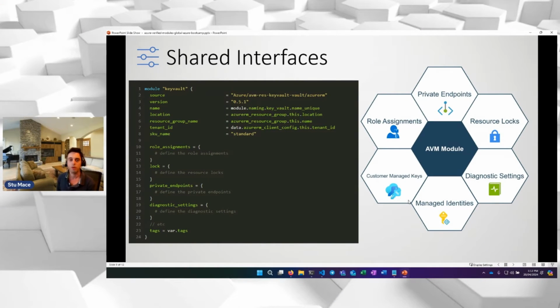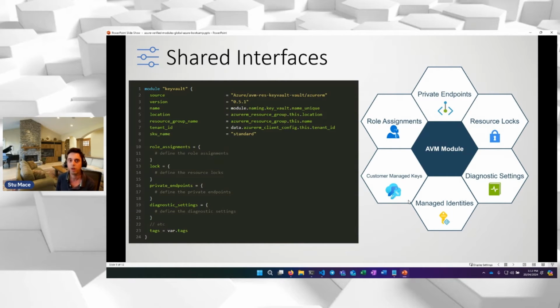One more thing of interest before we have a look at the module itself is the idea of shared interfaces within the module. The idea here is partly to drive consistency between resources. The example is a Key Vault resource, and the shared interfaces are common to many Azure resources, so private endpoints, resource locks, and so forth.